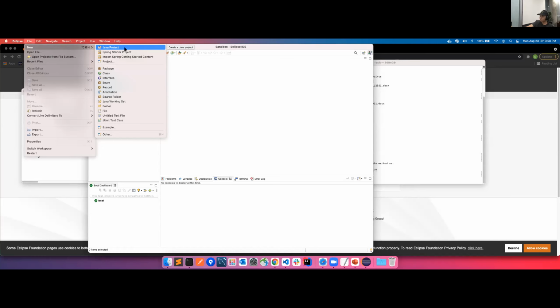So as a developer, the chance of you creating new projects in your workplace is close to 0, because they're probably going to hire you to work on existing projects. So unless you're lucky enough to have a completely brand new project to work on, you'll never use this option. I have not used this option for a while. So just click on New Java Project,